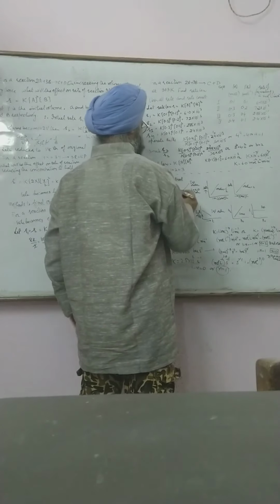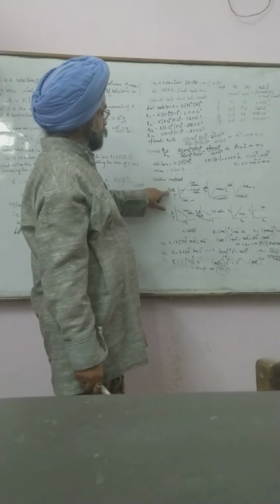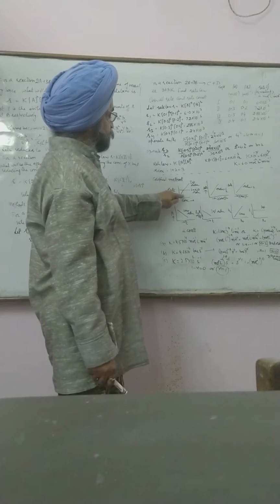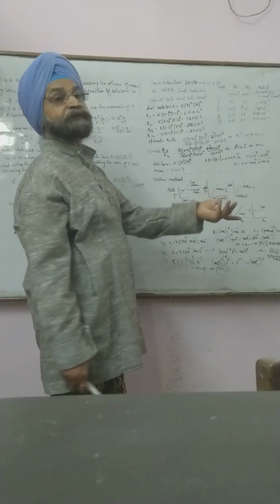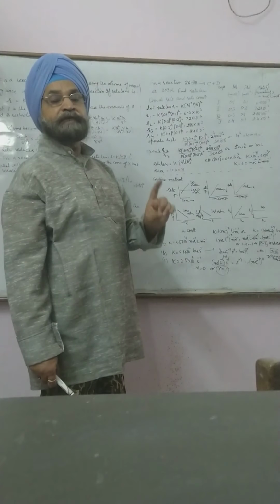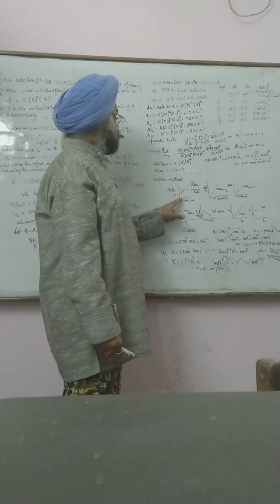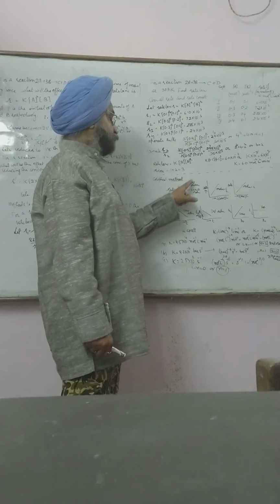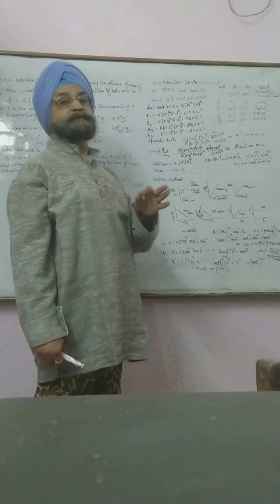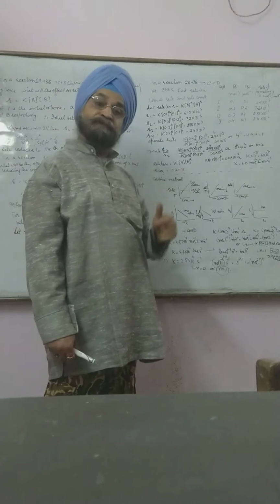Rate against concentration power 1. If the graph is like this, meaning that if the concentration changes the rate remains unaffected, it means the rate law is independent of the concentration of reactant. Hence, it is a zero order reaction. And if it increases uniformly, then rate is directly proportional to concentration power 1, then it is a first order reaction. You will be given a simple graph and you have to tell me the order of the reaction.